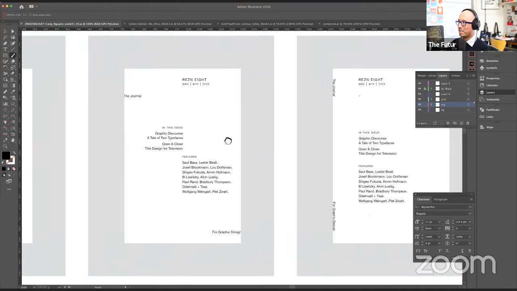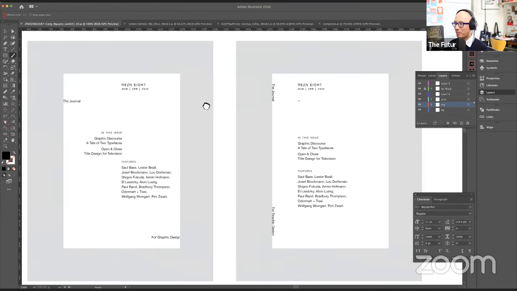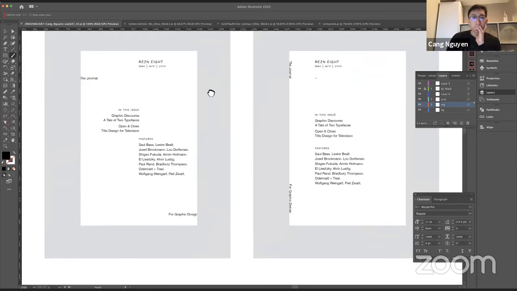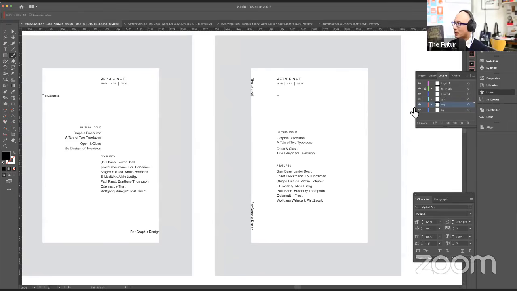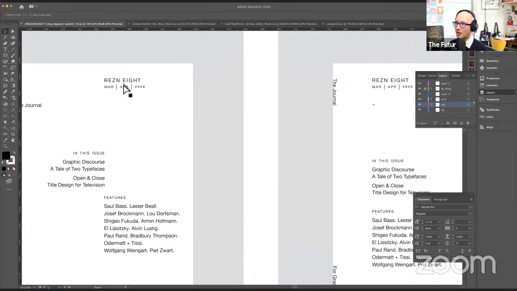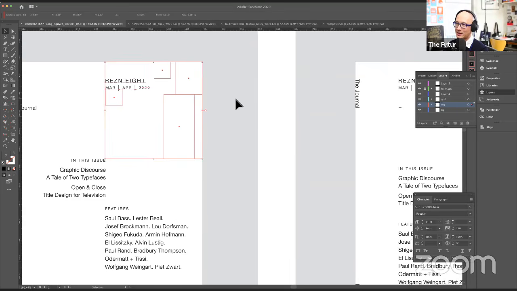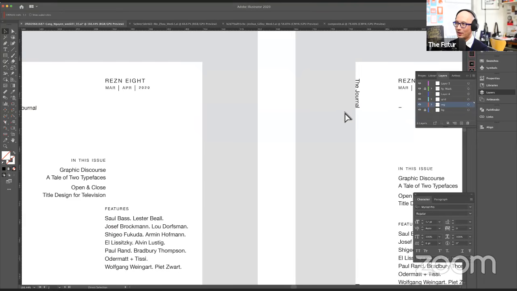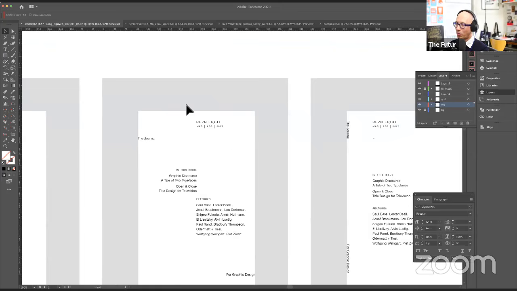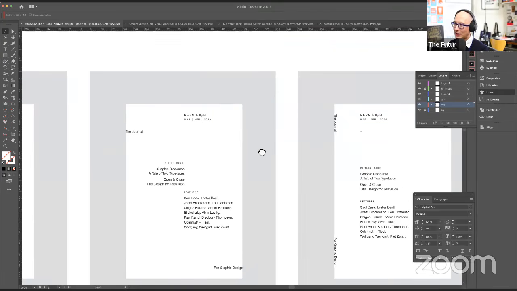Okay. So Kang, at the risk of repeating myself quite a bit here, you've come up with a really interesting typeset here for the magazine, the masthead, and the date. Why are there so many boxes here? What the heck? Okay. So I guess you're using those for proportion and space, but next time just delete them or turn them